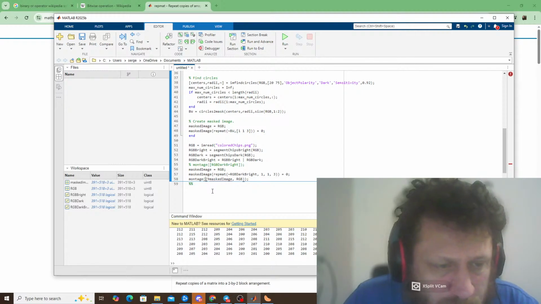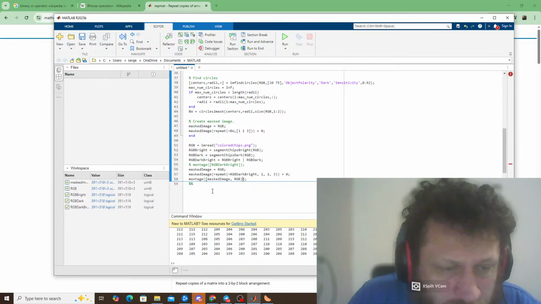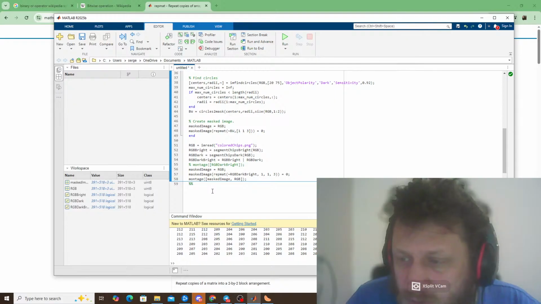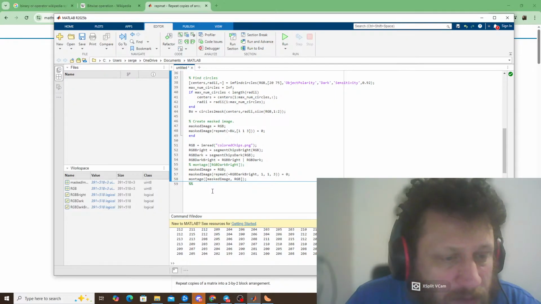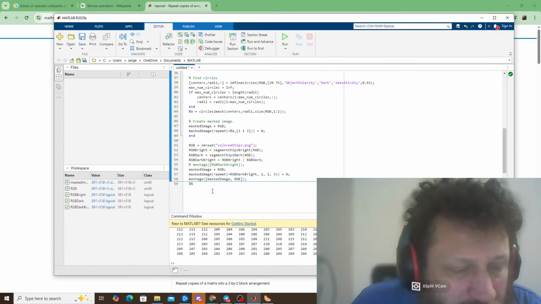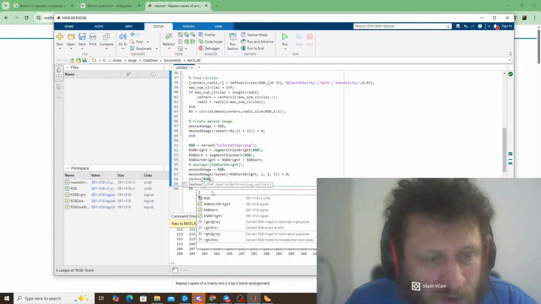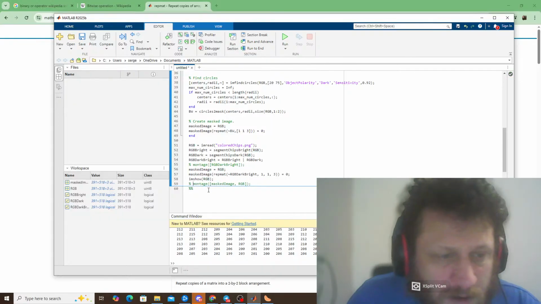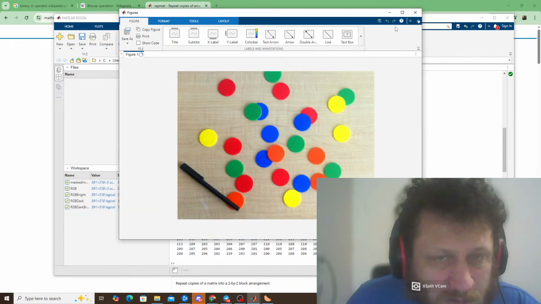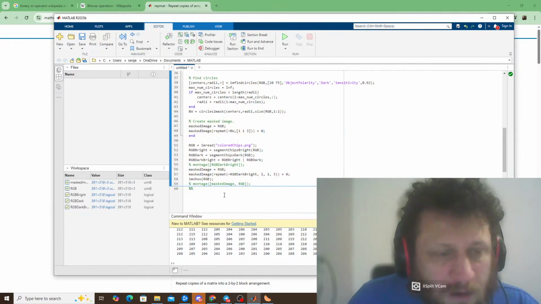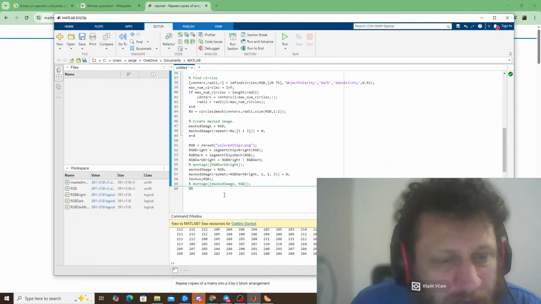What's wrong? No, this one doesn't work because it's incorrect syntax, right? So then what is the problem? We tried to show two images at the same time, and for instance, if we show RGB now, how does it look? That's okay. The only problem is that we can't show